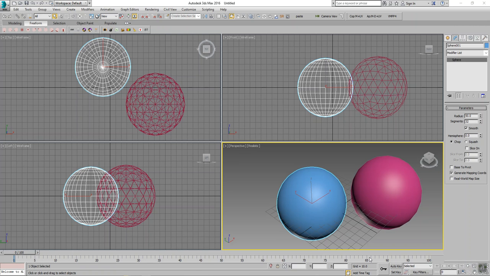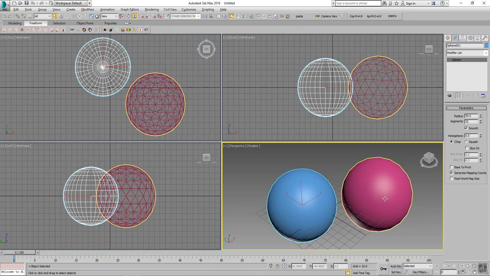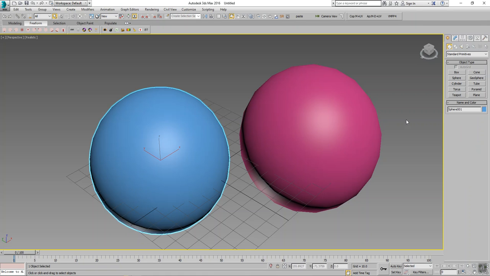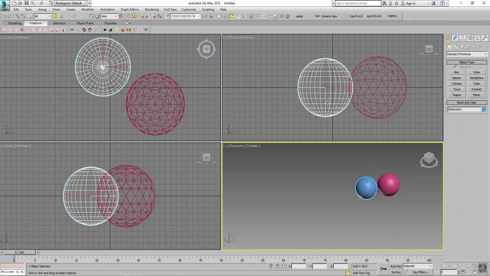Hello, this is the second part of the 3ds Max course, and today we will talk about some new objects. The last session we talked about the box, cone, and some general information about 3ds Max. Today I will talk about the other objects in standard primitives, and then some more important tools in 3ds Max. So let me start with